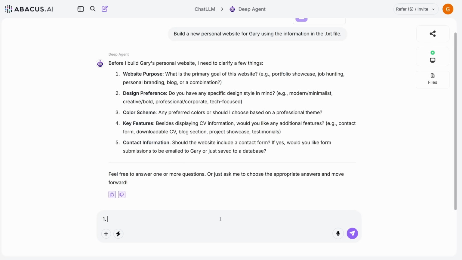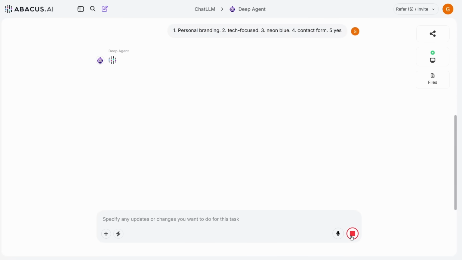You can do like one, I'm going to say personal branding, two, tech focused, three, neon blue, that's the color scheme I want, four, would you like any additional features? A contact form would be good, and five, should the website include a contact form? Yes, there's a bit of overlap there. Okay, so now the agent knows what my personal preferences are, and it can go ahead and continue building the